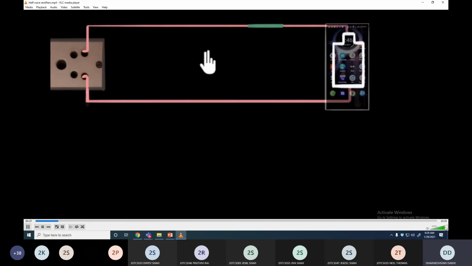And the reason for that is because the current that we get from the socket, from the wall, is an alternating current, which means the charges are going to keep changing their direction of flow. So once they'll flow maybe clockwise, and then maybe they'll flow anti-clockwise. And as a result, when the current is flowing in one direction, your battery might get charged, but when it flows in the opposite direction, it'll get discharged. It'll get charged and then discharged. And so your battery will not get recharged at all. It might even get spoiled.